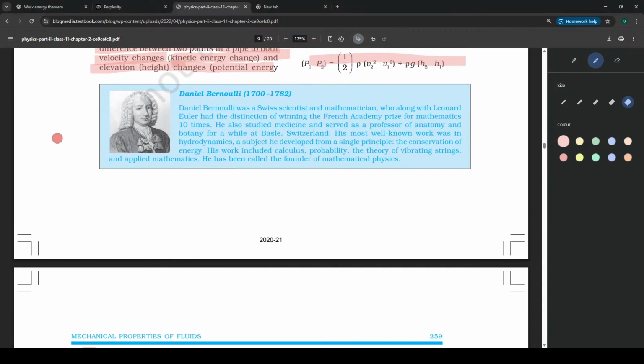Daniel Bernoulli, from 1700 to 1782, was a Swiss scientist and mathematician who, along with Leonhard Euler, had